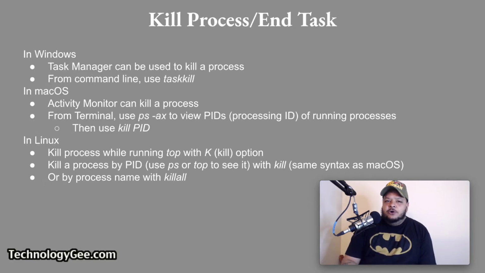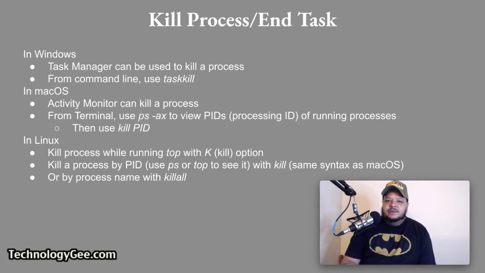Let's talk about kill process and end task. To kill a process, also known as ending a task, use the appropriate tools for the operating system. In Windows, Task Manager can be used to kill a process. From the command line, use the command taskkill. In Mac, use the activity monitor to kill a process. From the terminal, use the command